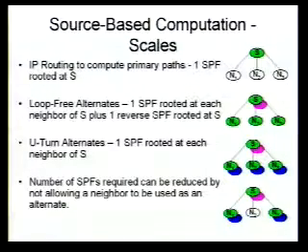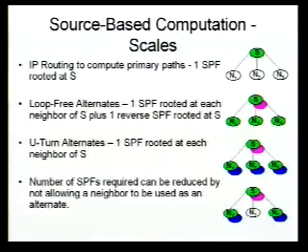Now, in order to support loop-free alternates, you have to know both how your neighbors get to the destinations, so you need to do an SPF at each of them. And you also need to know how they would get to S, because you need to know the cost from that neighbor back to S. So you do a reverse SPF rooted at S. That's just where you swap the link costs and run the same SPF algorithm.